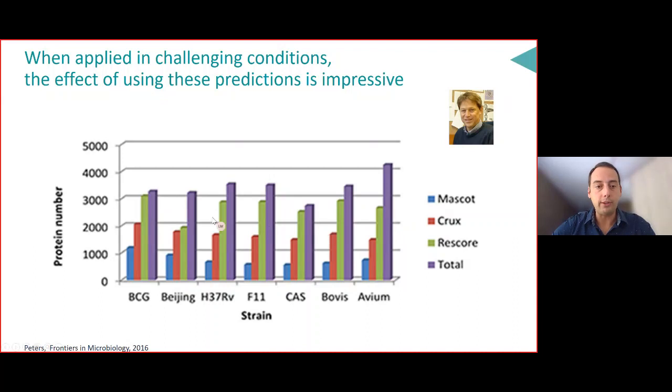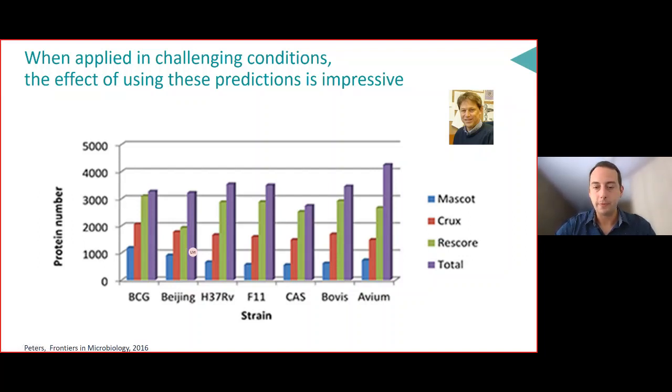Now, one interesting point here is the Beijing strain. And the Beijing strain of tuberculosis, you can see that the Percolator and the rescore, so using the MS2PIP information, are kind of matched. For all intents and purposes, they're equivalent in the number of hits. However, if you look at purple, which is the grand total across all the identifications, you can see that purple is much higher than you would expect. And the reason for this is that rescore results, our results, do not agree with the Percolator results. So in fact, because we have the spectra predicted quite accurately, we assign a given experimental spectrum to another peptide